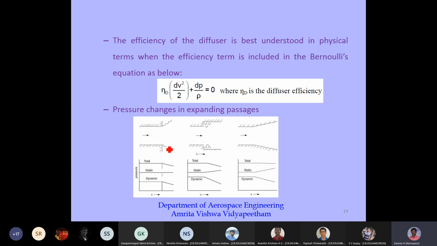These are your possibilities. If you have, after the test section, a portion like that without any diffuser, what is the possible pressure loss afterwards? And if you have something like a dump combustor, how will your static pressure and your dynamic pressure be? So here also total pressure loss, here also total pressure loss. And at the same time, if you have a diverging passage, the reduction in total pressure is going to be very limited.